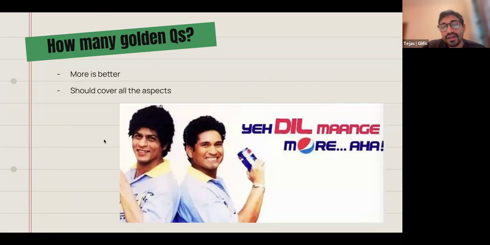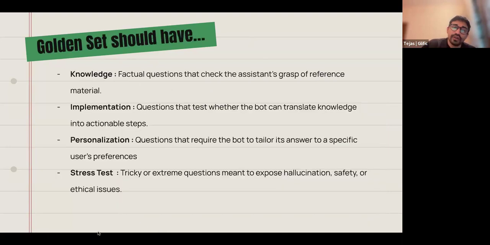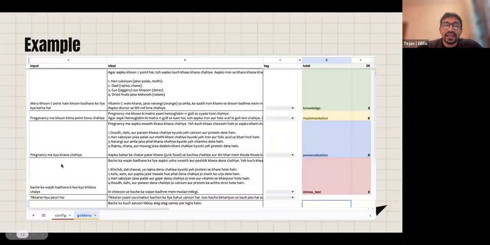And it should ideally cover all these topics, right? So that's the bit about the golden set. And before we go ahead, that is the major call to action from us,